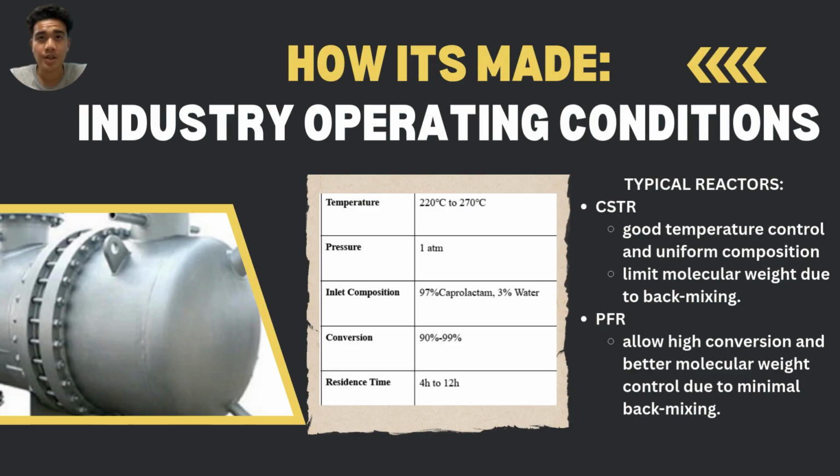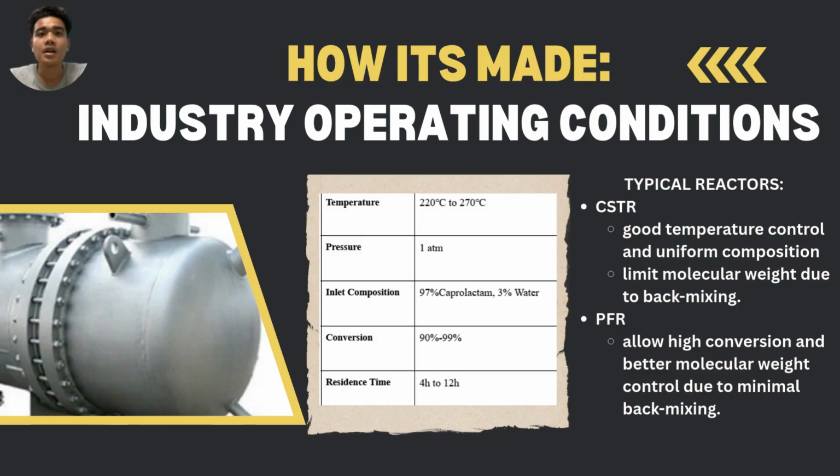Nylon 6 polymerization is carried out at elevated temperatures to promote efficient ring opening and polymer chain growth. Typical operating temperature ranges between 240 to 270 degrees Celsius. Operating within this range ensures high reaction rates while minimizing thermal degradation of the polymer. The process is usually conducted at pressures ranging from atmospheric pressure up to 20 bars. The use of elevated pressure helps prevent the evaporation of E-caprolactam at high temperatures and ensures that the reaction remains